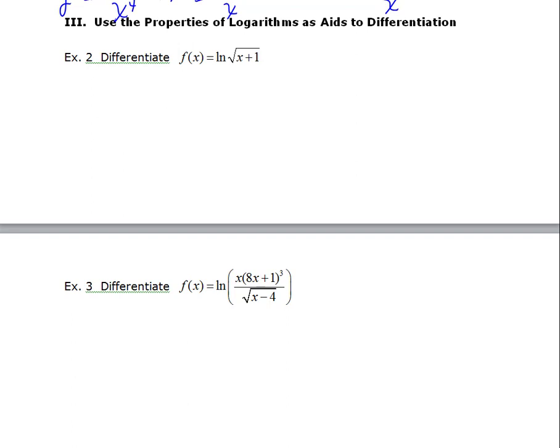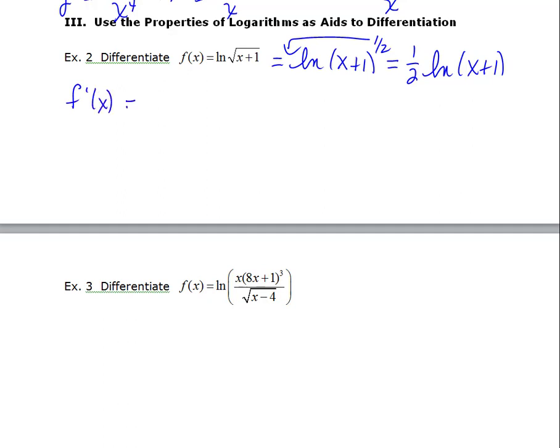All right, let's look at this next one down here using another property of logs to help in the differentiation here. The natural log of the square root of x plus 1 can be written as the natural log of x plus 1 to the 1/2, and that 1/2 can be written as a factor, which is 1/2 the natural log of x plus 1. This is a much easier derivative to take. And so when I take f prime of x,